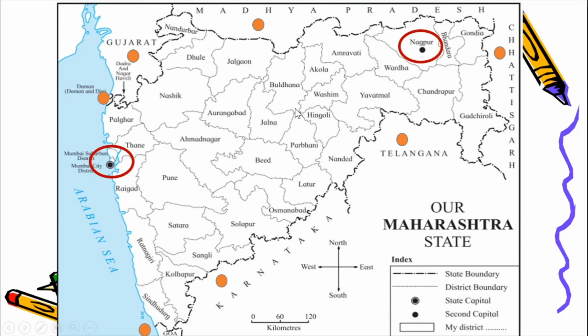Now look at the arrow on your screen. Look at these dotted lines. These are all the boundaries between the districts. So you have Nasik here. Okay, and Nasik has a boundary with Ahmednagar, Nasik has a boundary with Palghar, Nasik has a boundary with Thane, with Aurangabad, Jalgaon and Dhule. Okay, so this much place within this dotted line is Nasik. Beyond that you have the other districts. So this is a map of Maharashtra from our textbook and some information about this map.